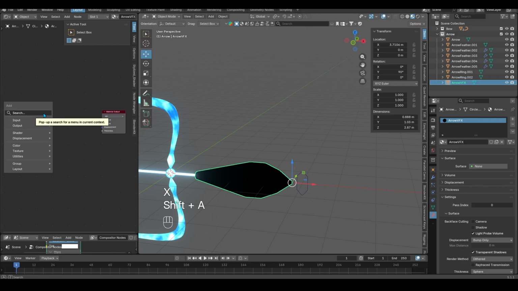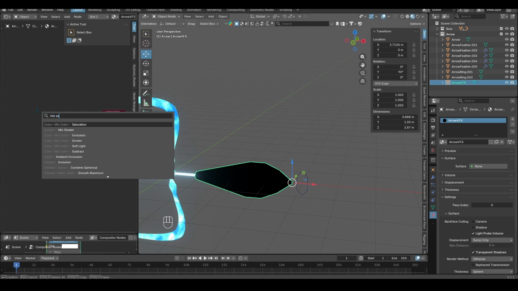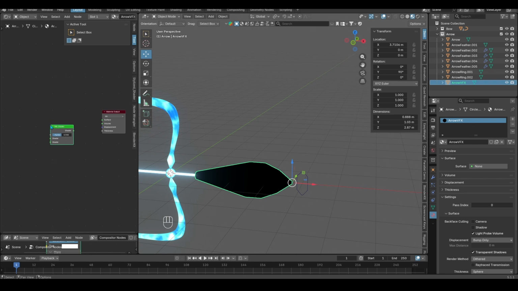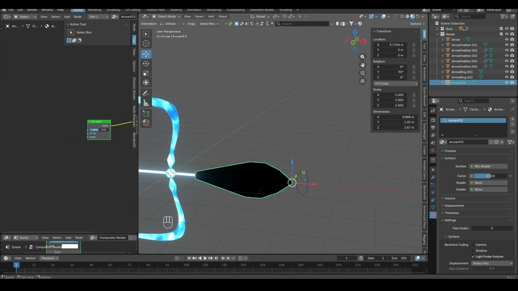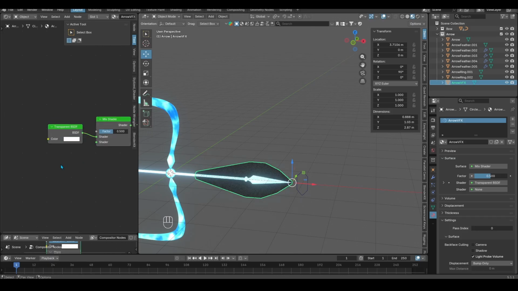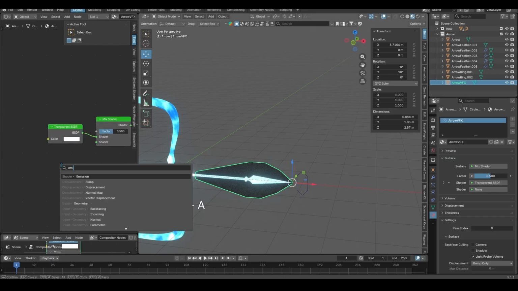Before adding the emission node, I'm going to add a mix shader node, because I want transparency. I'm going to plug the mix shader into my material output surface point, add a transparent node on the top green shader point, and add an emission node